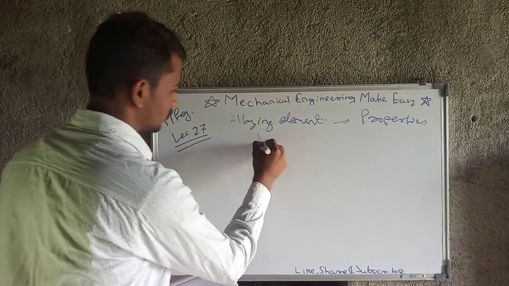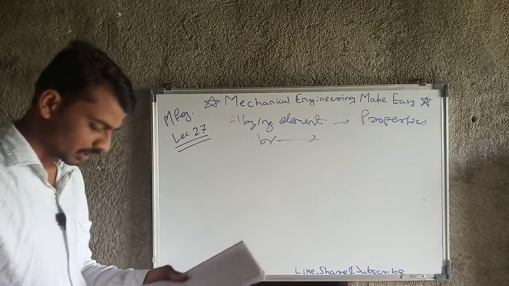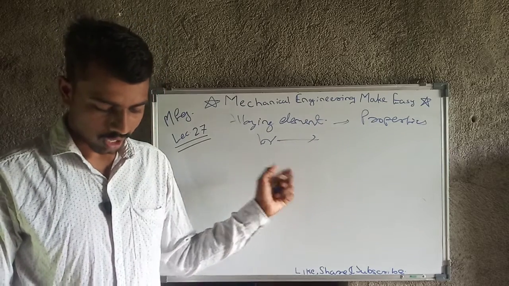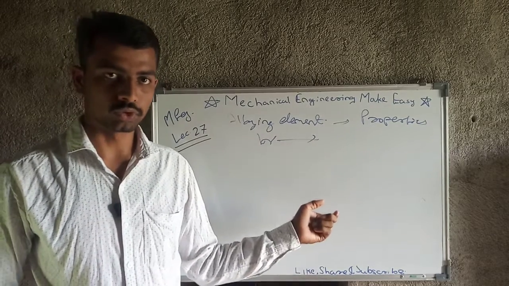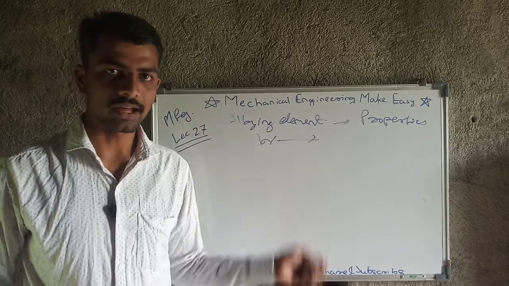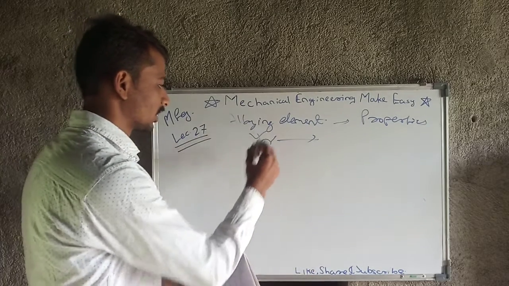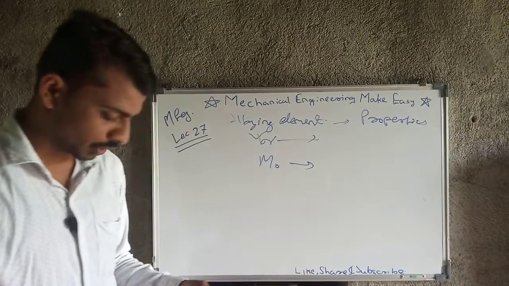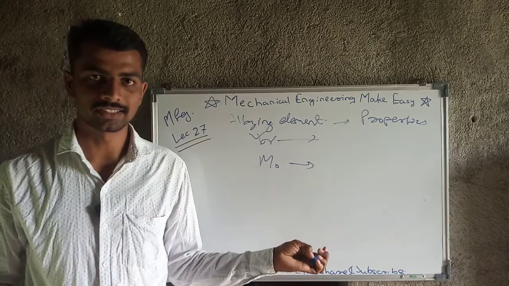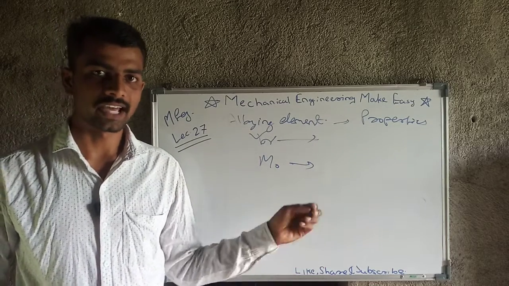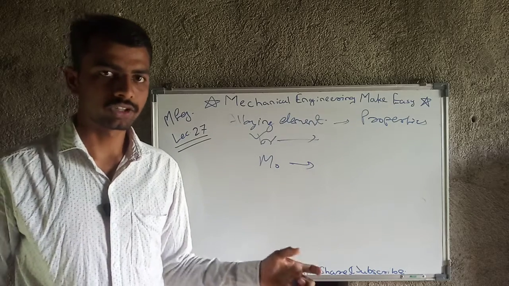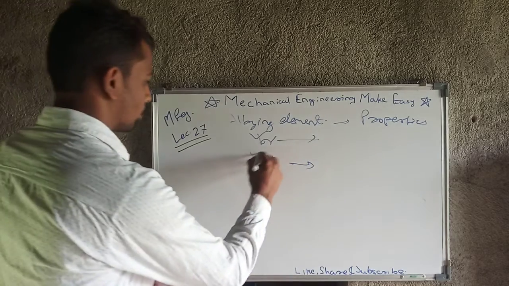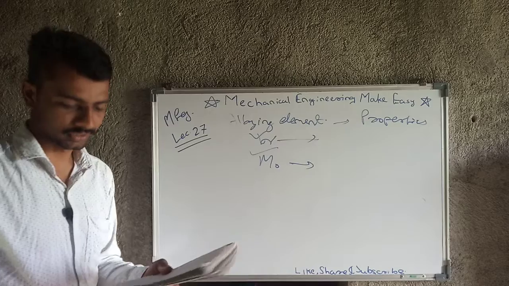There is tungsten. Because of tungsten the properties change: tungsten increases hot hardness, hard carbides are formed and abrasion resistance improves. Because of this the hardness of the tool increases, and abrasion resistance increases. Then next is molybdenum. Again the same: hot hardness increases, hard carbides form, and because of that the hardness of the material increases and abrasion resistance improves. So molybdenum gives the same properties as tungsten.